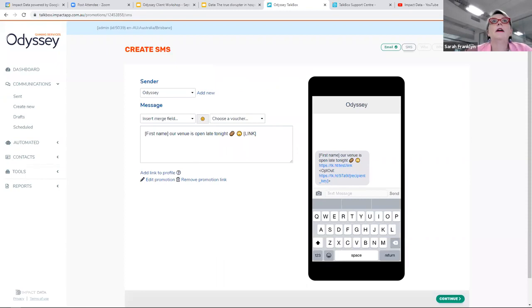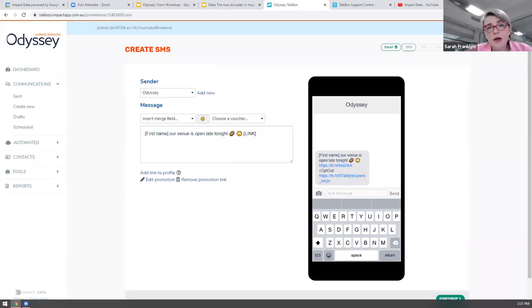And we've come to our SMS now. Now, for those of you who haven't explored SMS much, it is how you get attention. Don't tell me about something in 3 weeks via SMS. Tell me about something that's happening now. Tell me about the virtual draws tonight. Tell me that you've got a couple of late bookings available for dinner tomorrow. Tell me about the promotion that starts on Friday. So think about it as a timely thing.